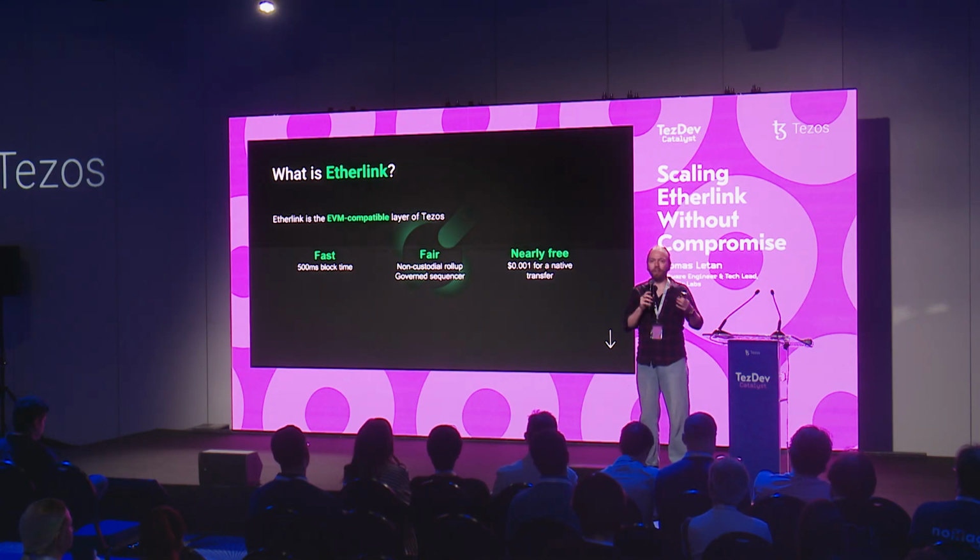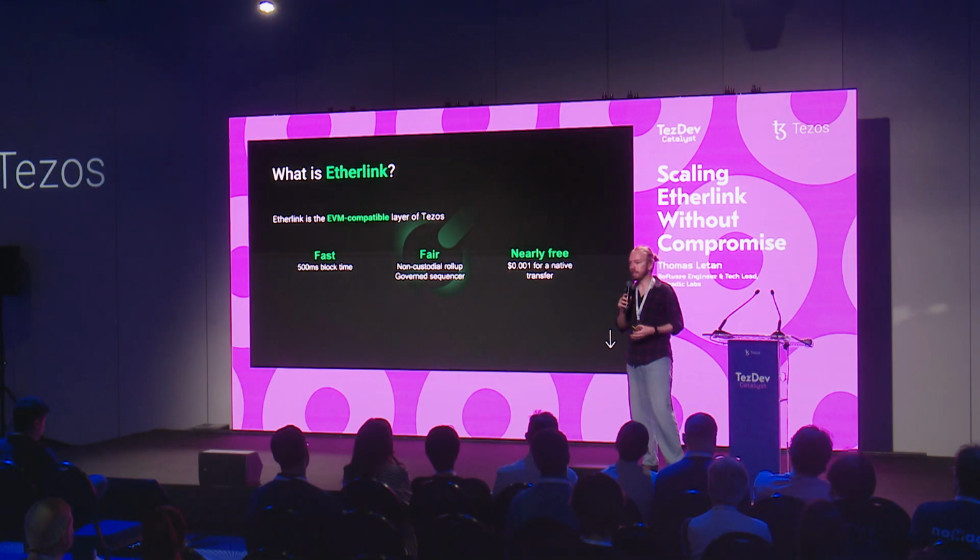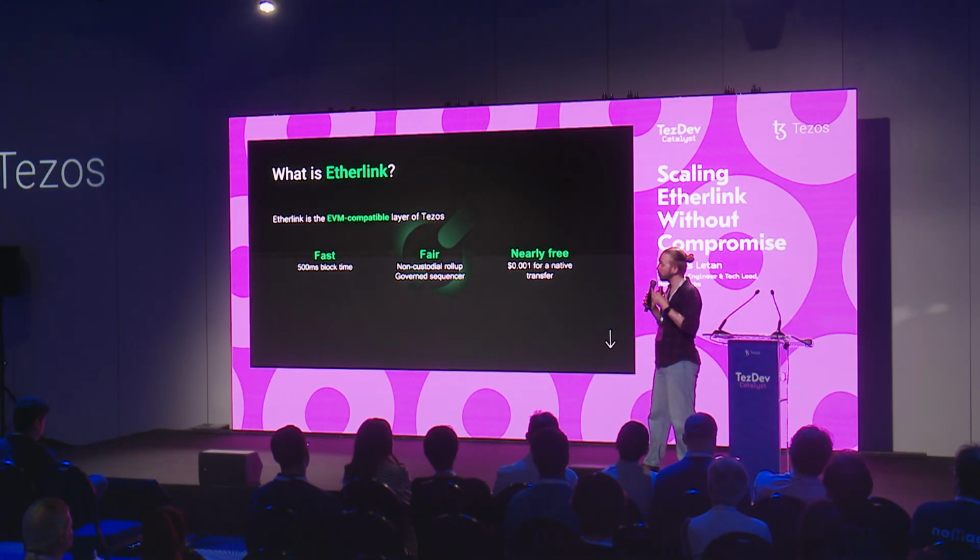So typically the governance of Etherlink has been entrusted to Tezos bakers, which is a permissionless set of people. Anybody can become a baker, and anybody can start engaging with Etherlink governance, the same way you can engage with the Tezos layer 1 governance. Bakers vote for two things. They vote for the upgrades, and they vote for the identity of the sequencer, which at the end of the day, when you have this kind of infrastructure in place, gives you a non-custodial rollup where there are no hidden keys, there is no multisig. It's a permissionless system without an admin backdoor.